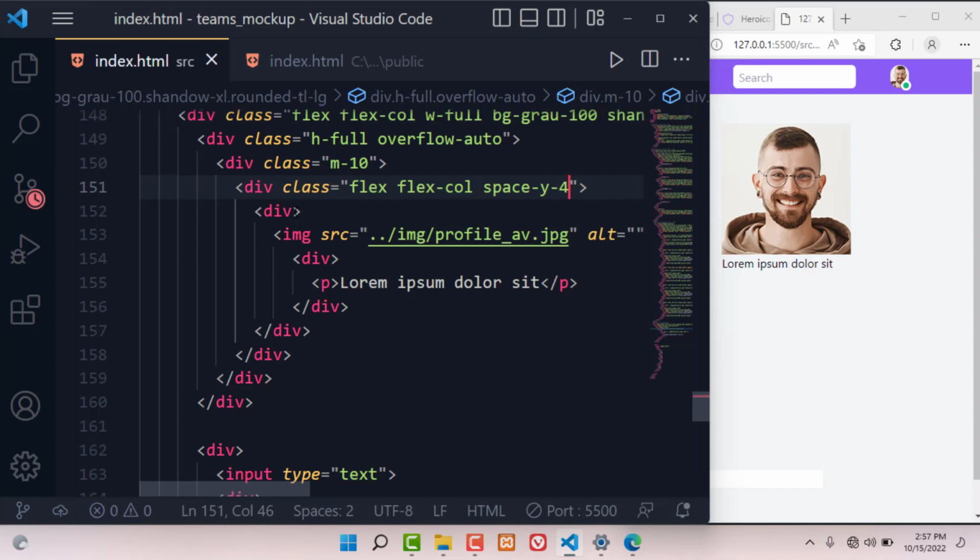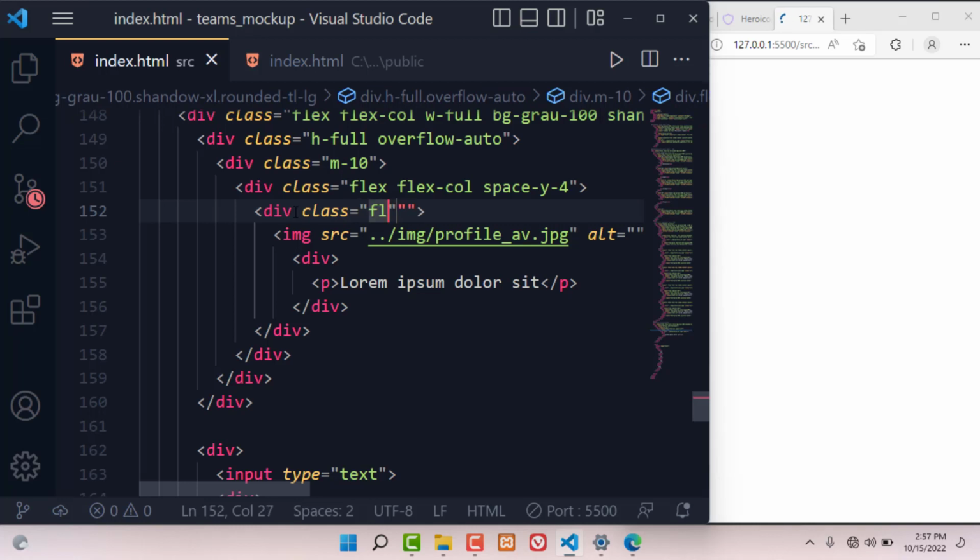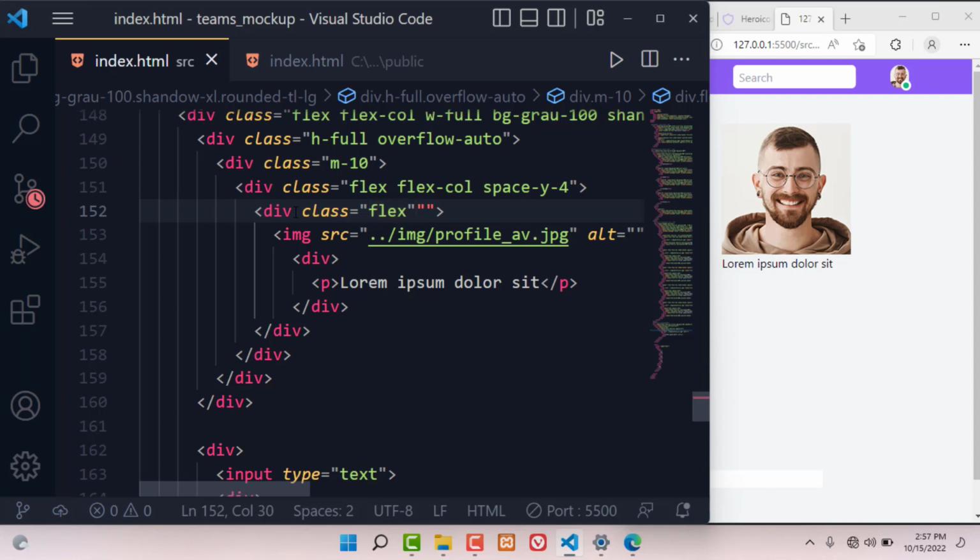Now below that we also have this division here to style. So for this specific division that is now in reality holding our image and text, we are going to talk about it flexing again. So whenever you say flex, remember we are telling it to be in a row direction. And we should also come and talk about the space. So I can talk of a space x of 8,